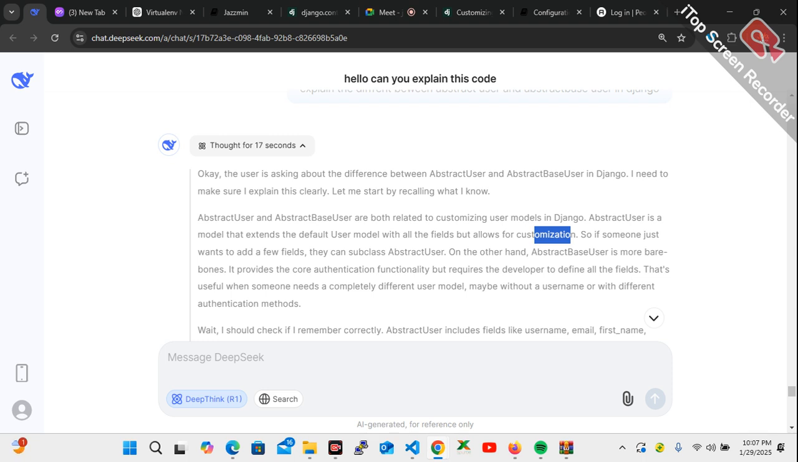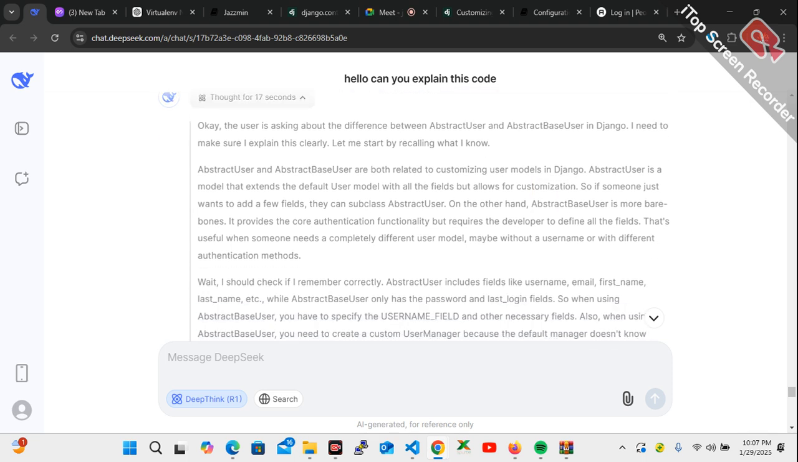Now, on the other hand, AbstractBaseUser is more of a backbone. It provides the core authentication functionality, but requires the developer to define all the fields, useful when someone needs a completely different user model. So if you don't want to use the Django user model, and you want to use your own model, let's say an engineer or a product manager designs a model for you. There's a company you'll be working for, and they design the model for you. At that particular time, you no longer need the Django model. It becomes useless, so you need to design the model yourself. In that situation, you need to make use of the AbstractBaseUser model. It provides the core authentication functionality, but requires the developer to define all the fields. That is useful when someone needs a completely different user model, maybe without a username or with a different